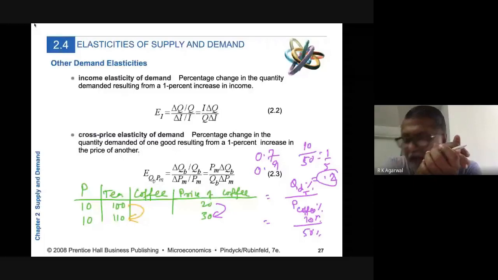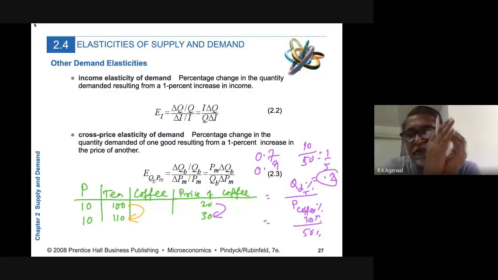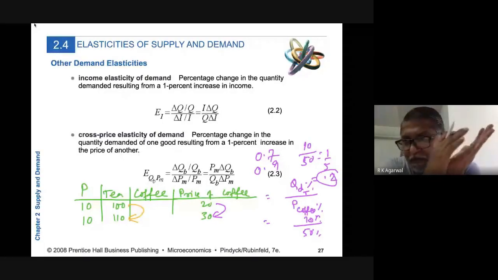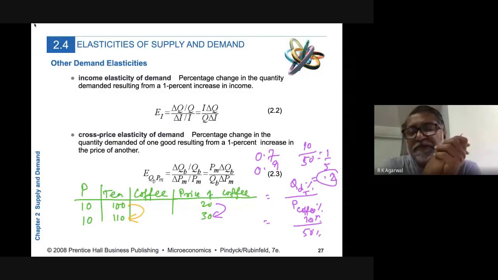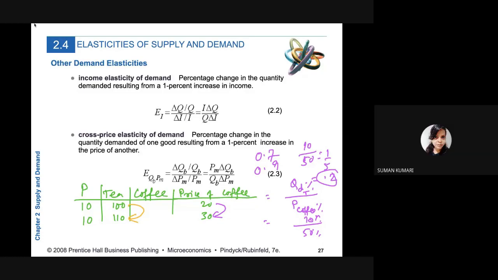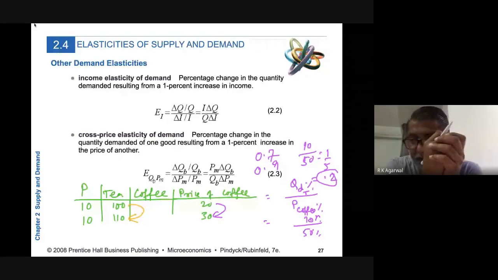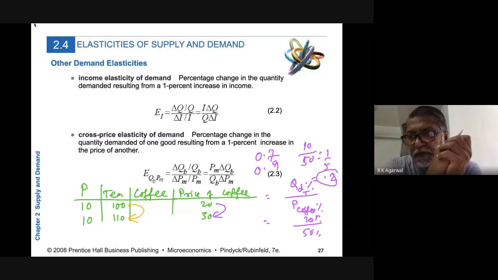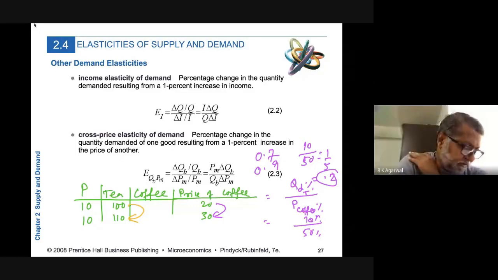Yeah, so if price of coffee goes up by 1%, demand for tea will go up by 0.2%. What if it is 0.7? Then the demand for tea will go up by 7%. If price of coffee goes up by 10%, demand for tea will go up by 7%, right? So this is how we define